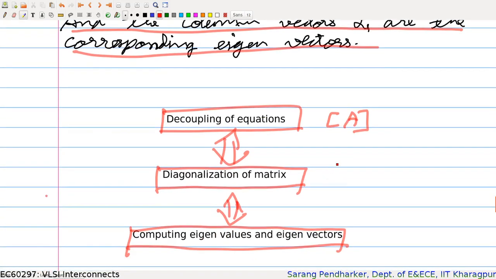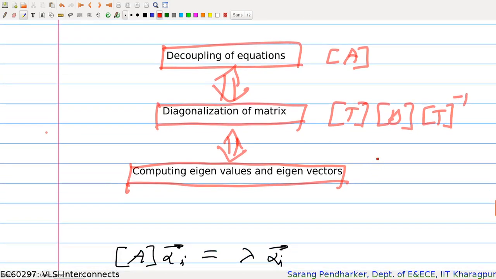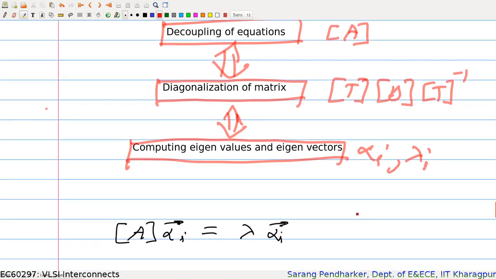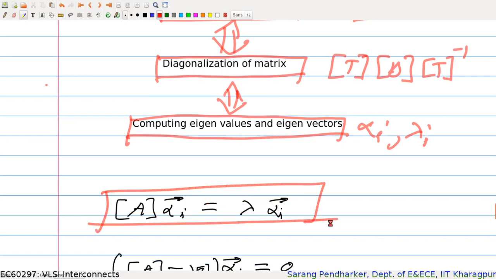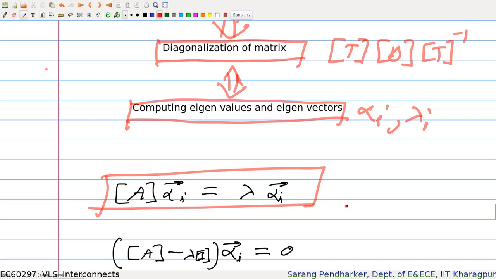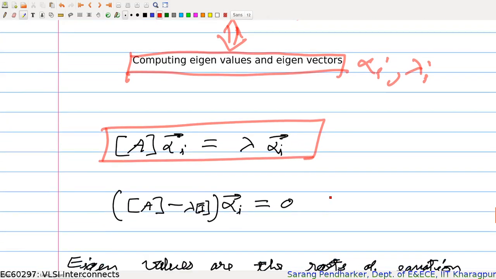I want to diagonalize this, so I want to get it in the form of T into T inverse, and that is equivalent to finding the lambda i's. So let us get back to solving this equation. This is covered in undergraduate-level maths: given a matrix, find its eigenvalues and eigenvectors. But I guess many of you might have forgotten how to do that, so I will very quickly describe how to do that.